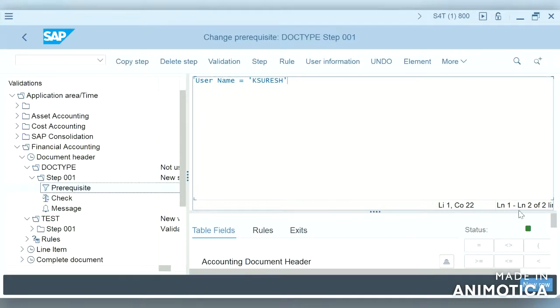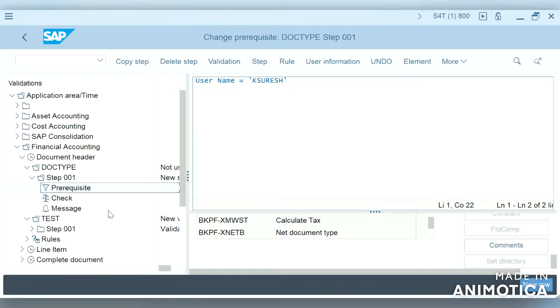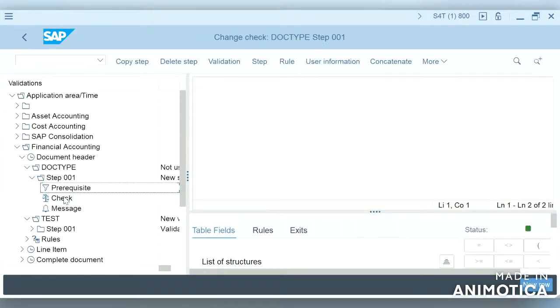Okay, this is the user. Now if there are any other conditions, we are going to add them in the prerequisite. So here now we are going to add the check.